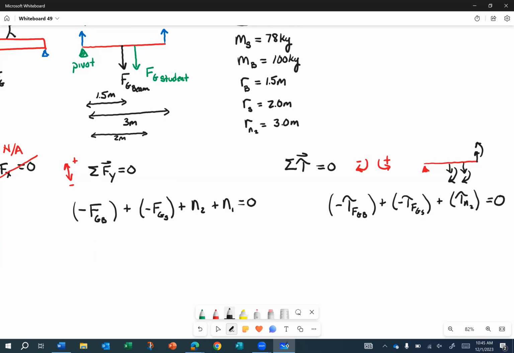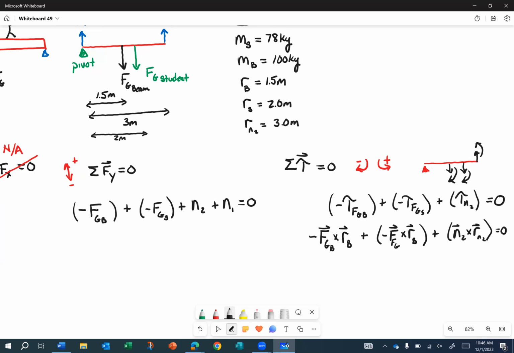Making the torque equations represented in force and lever arm, this equation would become negative the force of gravity of the beam times the lever arm of the beam. I've already considered their directions, so we're going to drop our vector notation after this, plus negative the force of gravity of the student times the lever arm of the student, plus N2, which is my force, times the lever arm of N2